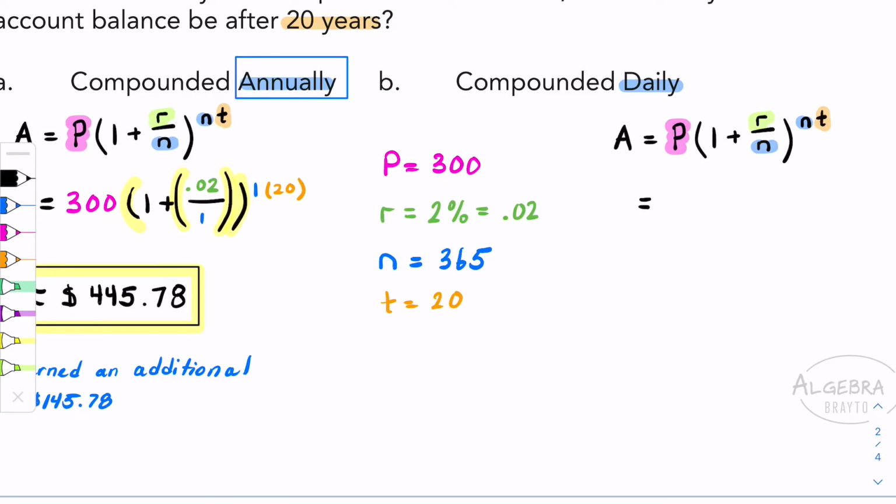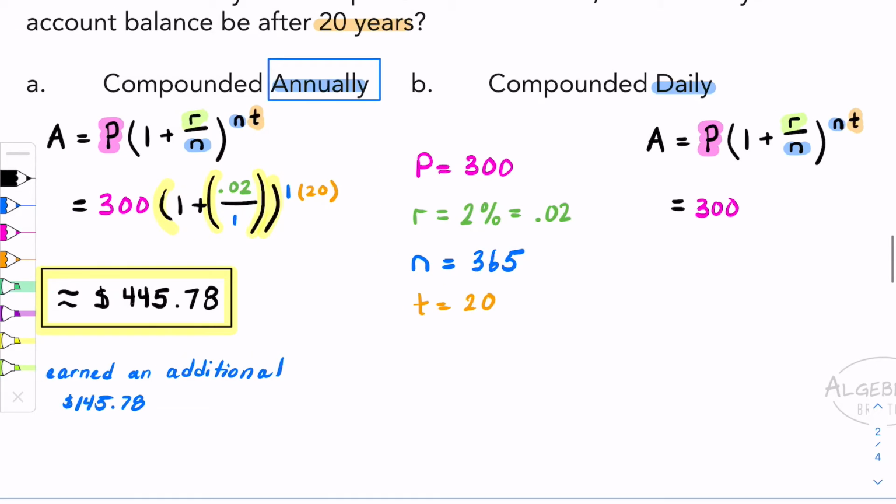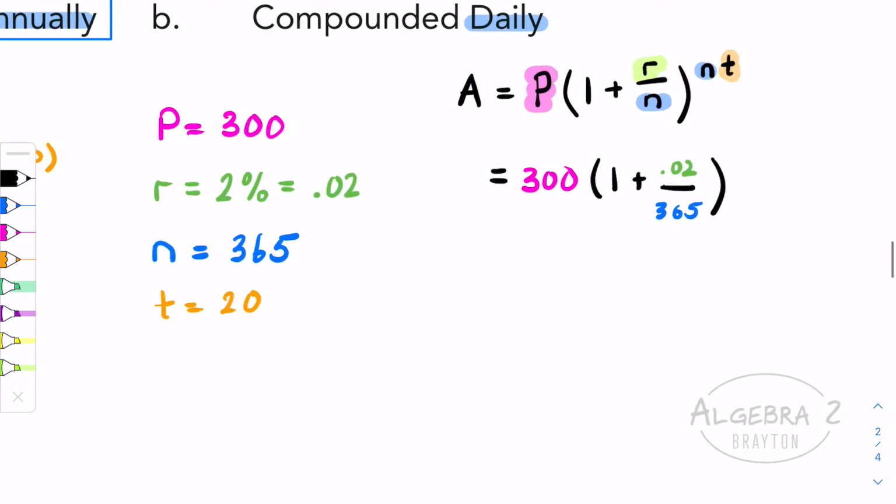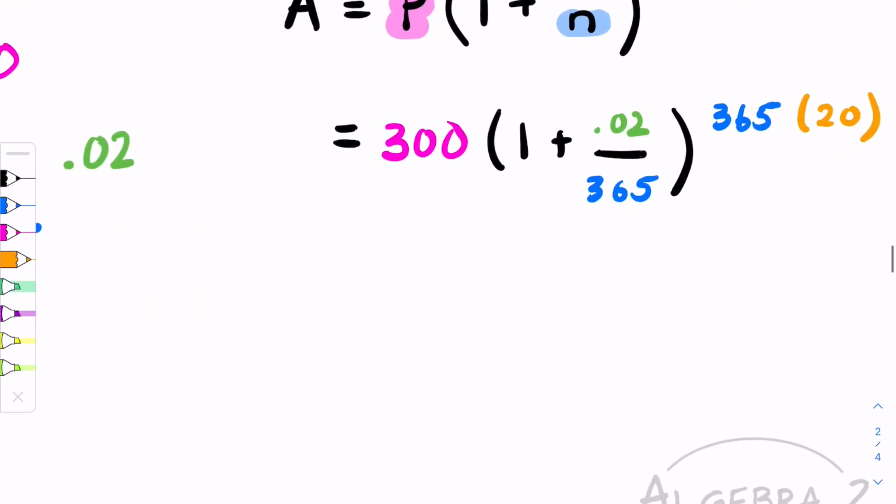And when I substitute these values in, I have 300 multiplied by 1 plus the rate of 0.02 divided by the number of times compounded, which is now 365. This is raised to the power of 365 times the time of 20. Again, you're going to want to make sure you put parentheses around this fraction, or else you will end up